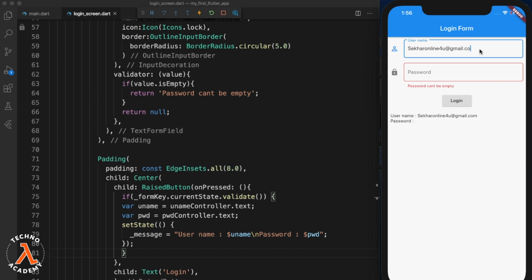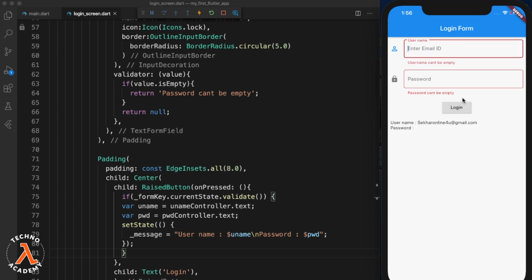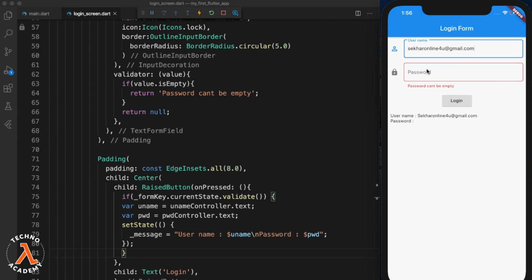Now let me remove the username also and click on the login button. We can observe a nice animation along with the validation, and we can also observe the error messages displayed. Now once again let me provide the username and click on the login button. We can observe the error at the username has been removed, but still we can observe the error at the password.